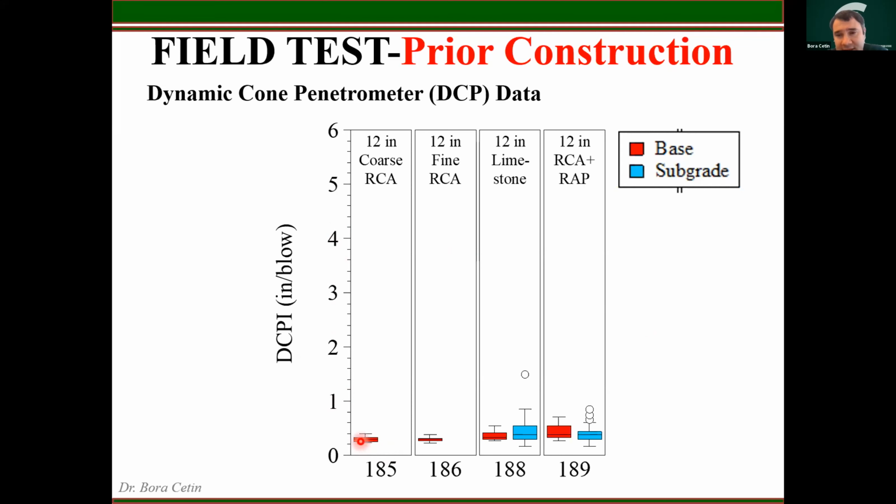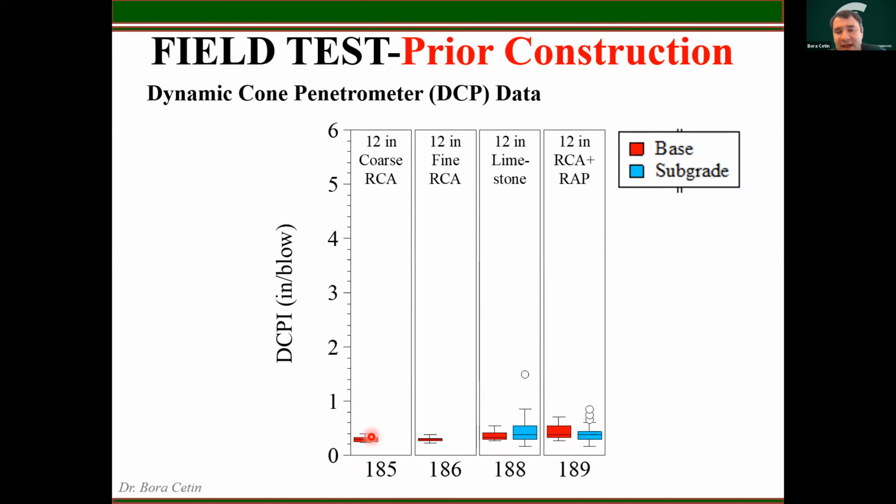So we did this on base and subgrade materials, and I will focus more on the base, the red solid squares here. As you can see, the lower the DCP index, that means your material is very resistive. Okay, so after compaction, prior to paving your test sections, you can see there is not much significant difference with